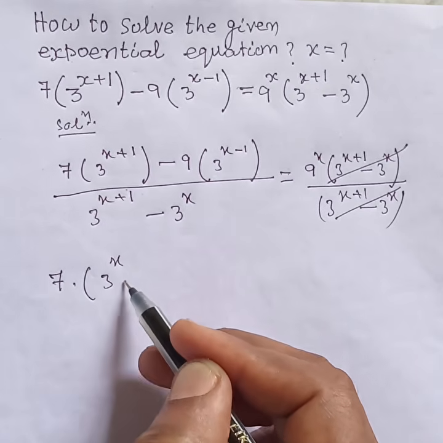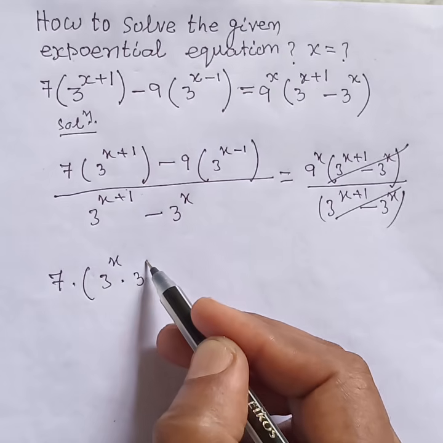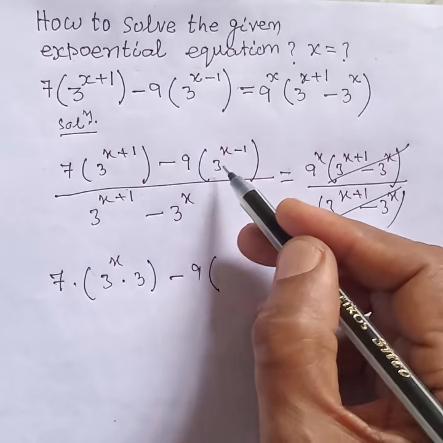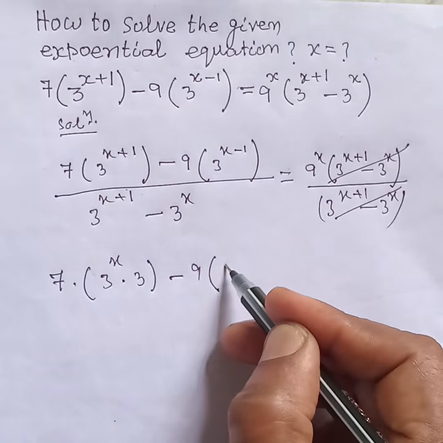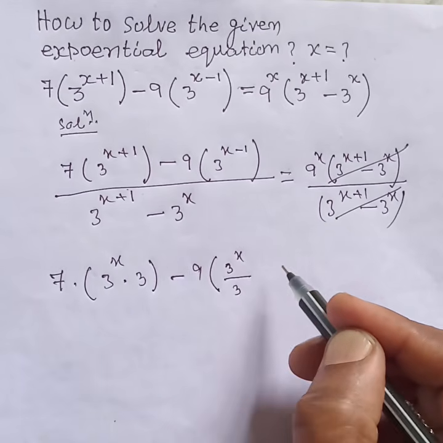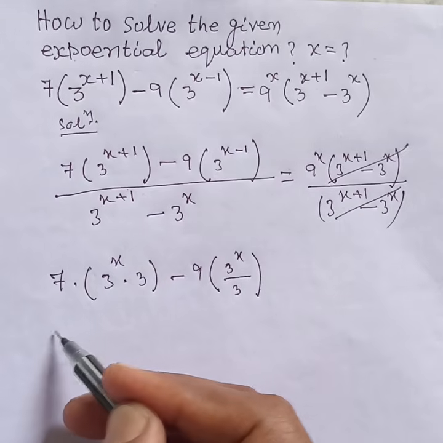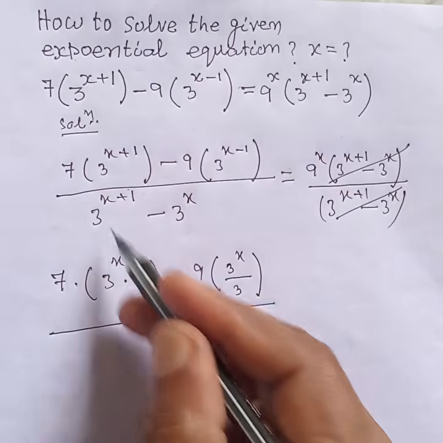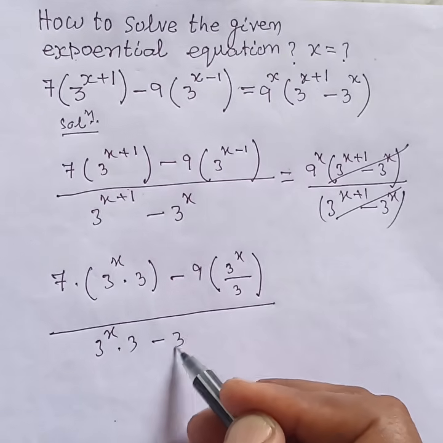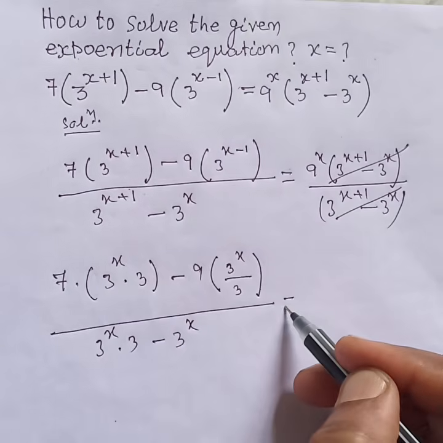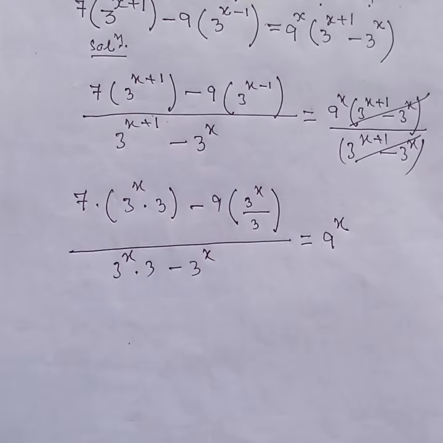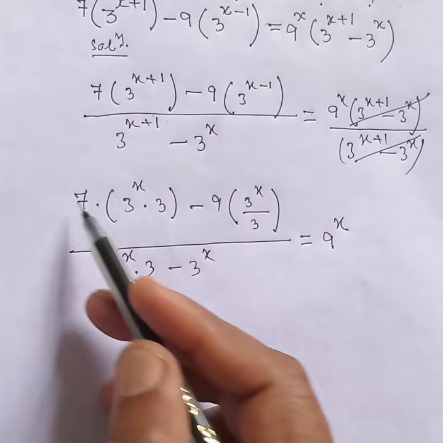Now, according to laws of indices, it will be 7 times 3 to the power x into 3 to the power 1, that is 3, minus 9 times, according to laws of indices, it will be 3 to the power x divided by 3 to the power 1, that is 3, divided by 3 to the power x into 3 minus 3 to the power x is equal to 9 to the power x. Implies 3 sevens are 21